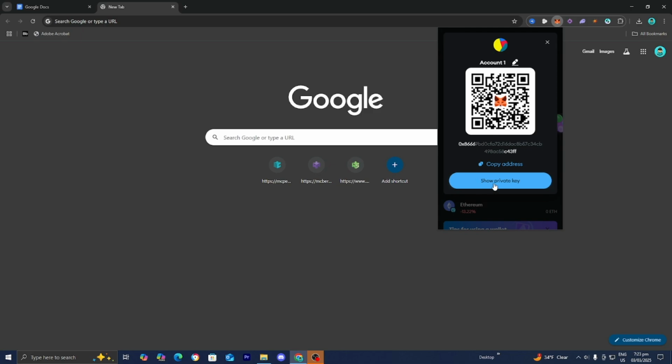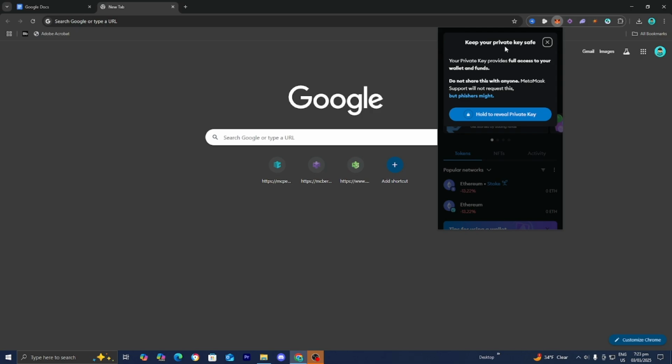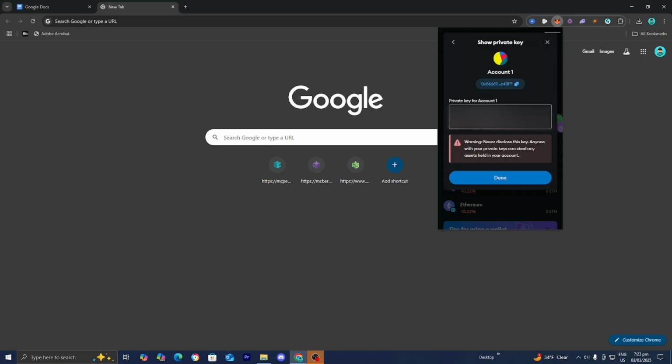So all you want to do is go ahead and press on show private key, just like so. And you will need to input your password before you get access to your private key. So yeah, even Metamask itself is going to give you a disclaimer as well. So all you want to do is press on hold to reveal private key, and here it is. Every single Metamask account will come with a string of characters that look like